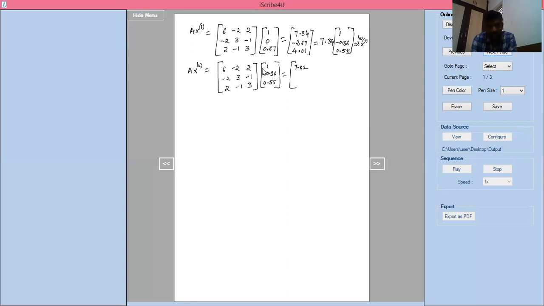Similarly, minus 2 into 1 plus 3 into minus 0.36 minus 1 into 0.55 simplifies to minus 3.63. Next, 2 into 1 plus minus 1 into minus 0.36, 3 into 0.55, simplifies to